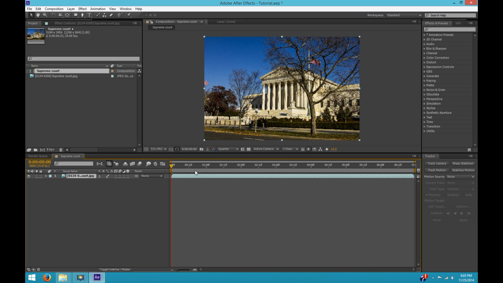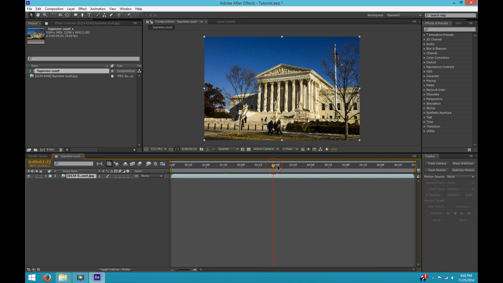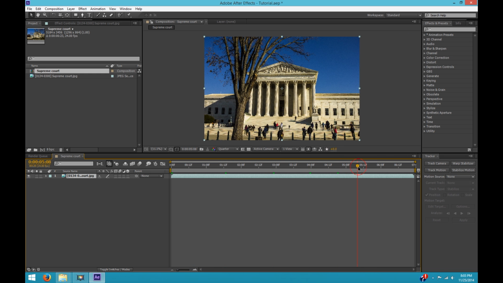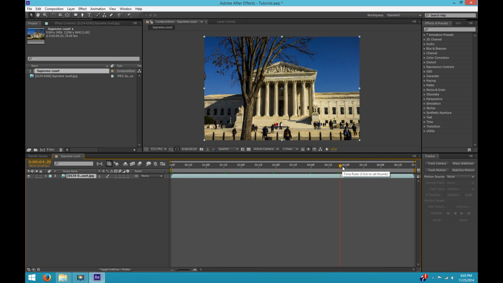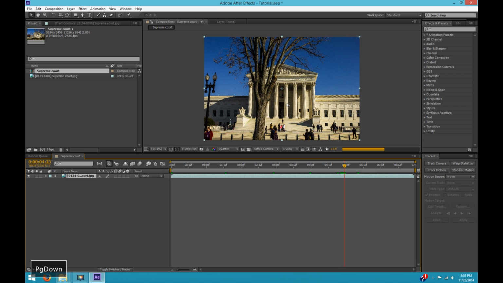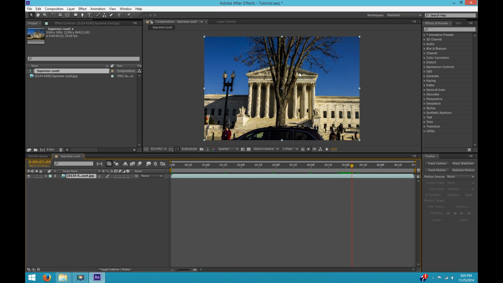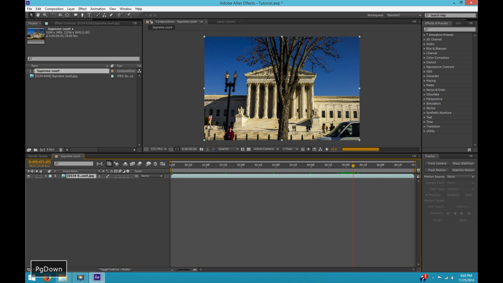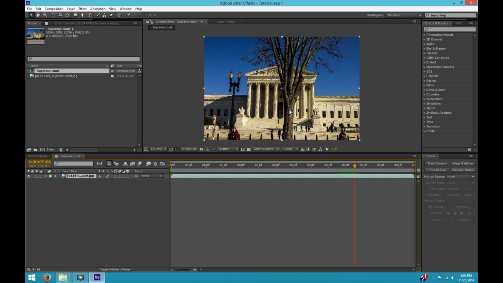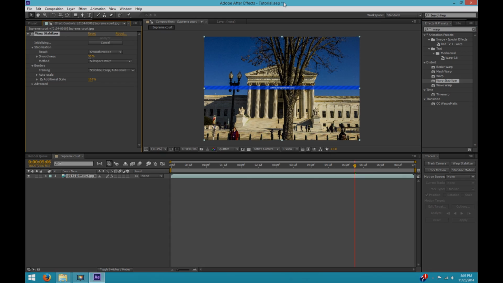So this hyperlapse is a little tricky because at this point there's a tree that comes right through the middle of the image and it blocks the background, and there's no single tracking point I can pick anywhere on this image that is going to be available in every frame because this tree gets in the way. So first thing I like to do is I always just try to run warp stabilizer and just see if it's going to work. So let's try that out and just see what happens.